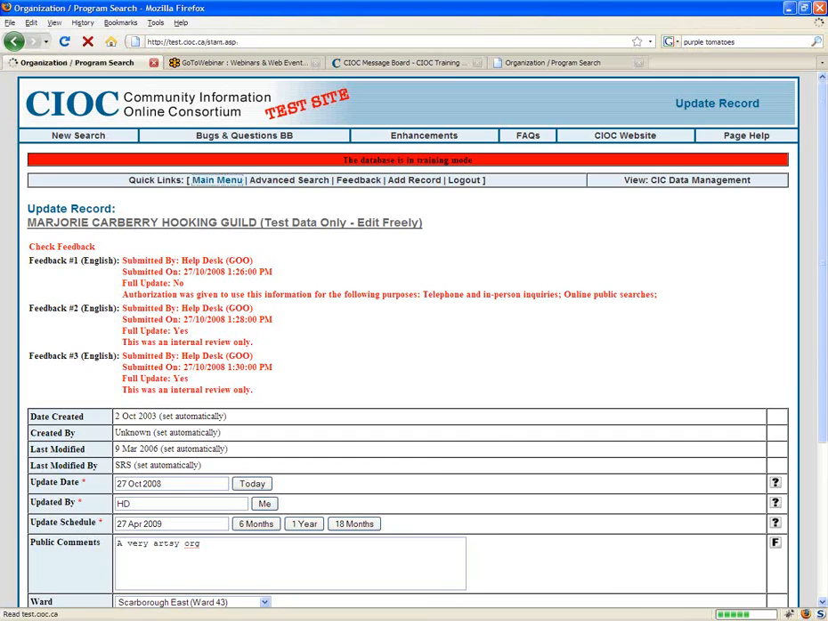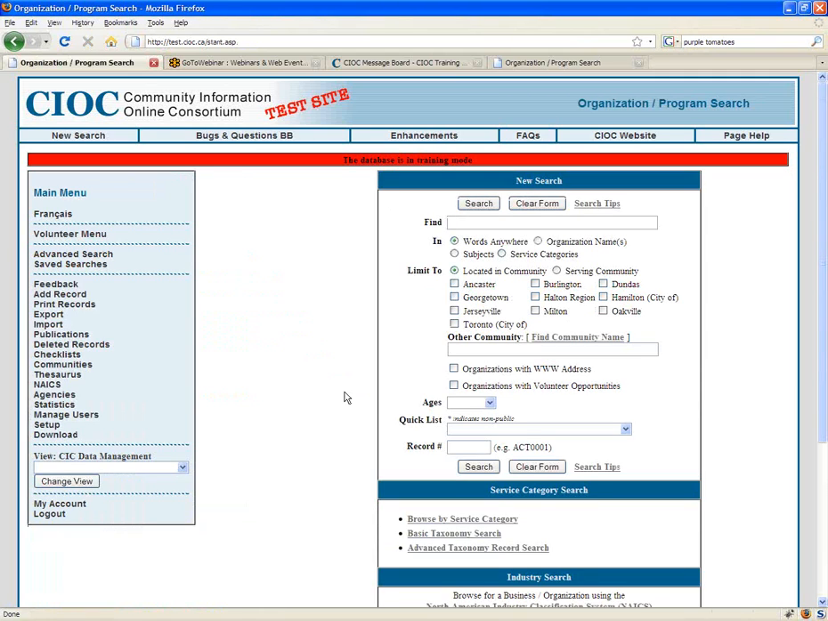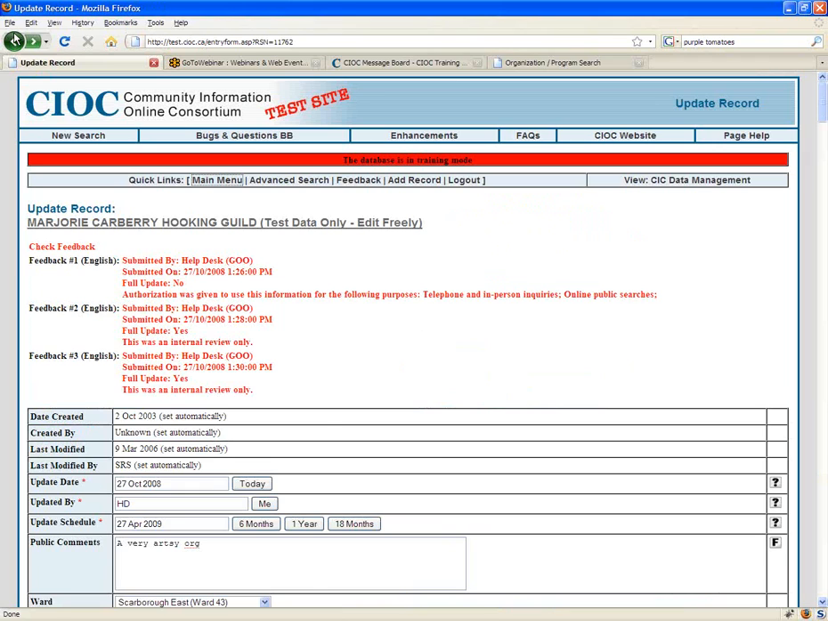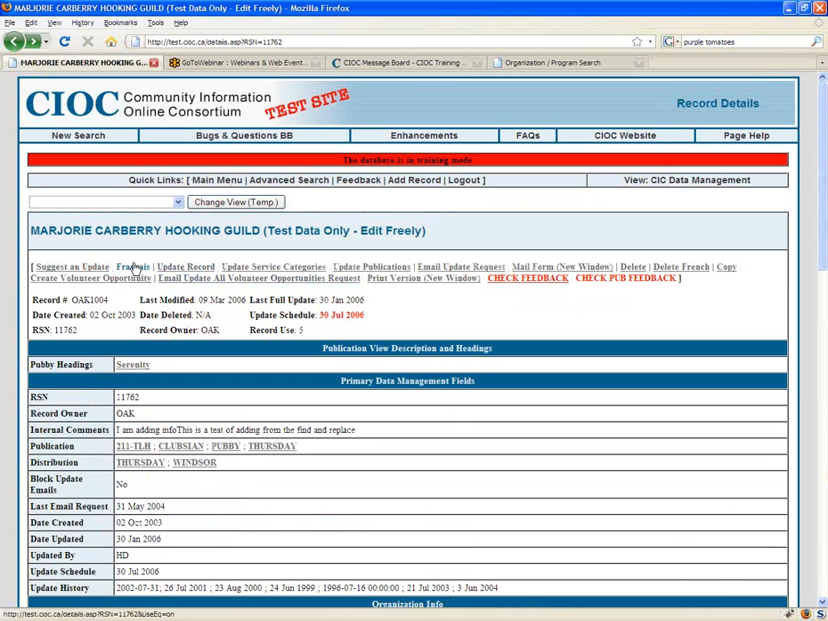Next, I'm going to do. Actually, before I do that, I want to talk really briefly about creating a French record. So this particular record already had a French component to it. If this record did not have a French component, I would see a link to create an equivalent record, which